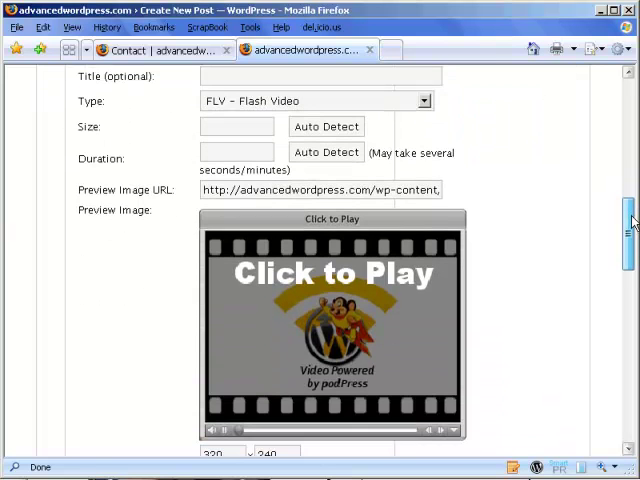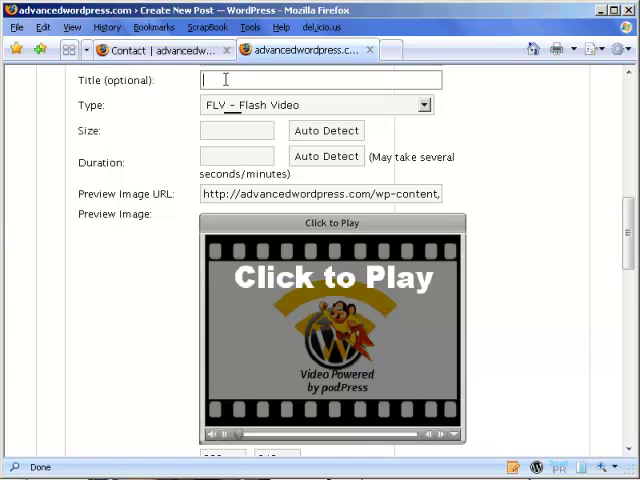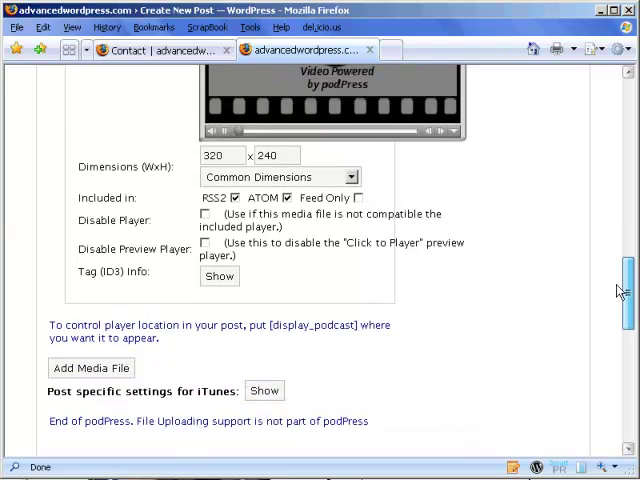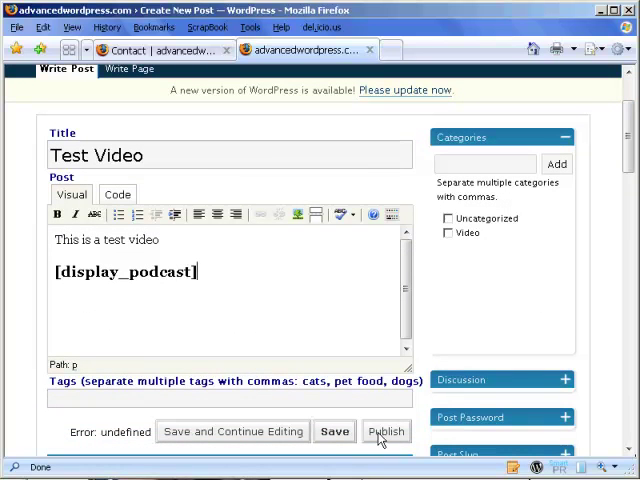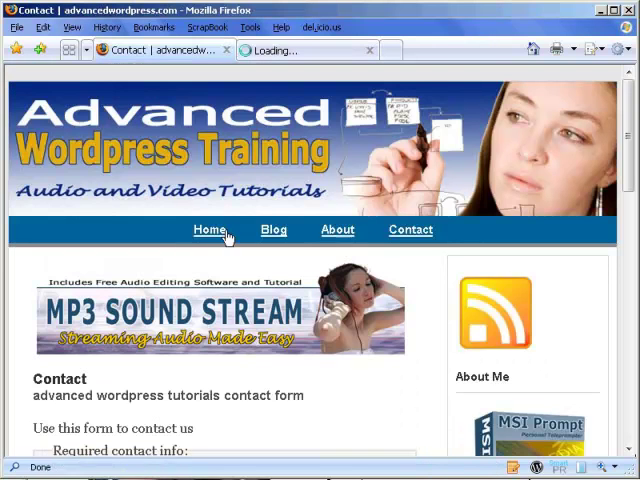So let's just move it down a minute. And we can type in what it's called, good time. We'll do an auto detect. Didn't find anything. 320 by 240, and all we've got to do then is take this code here and put it in our post. Control V, do a publish, might put it under video, do a publish, go to our blog where our post is,